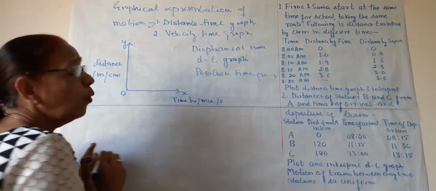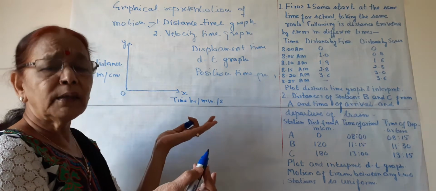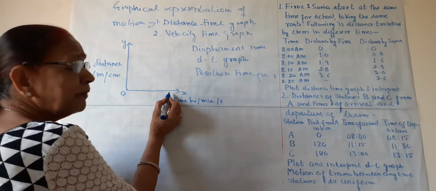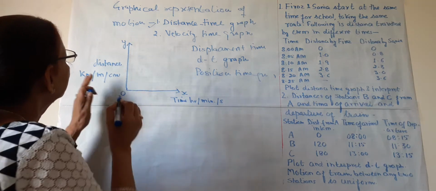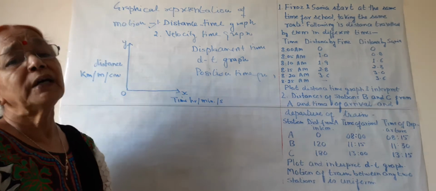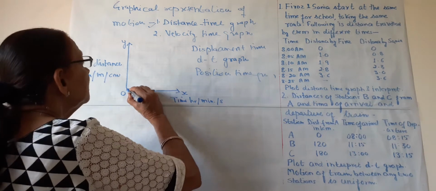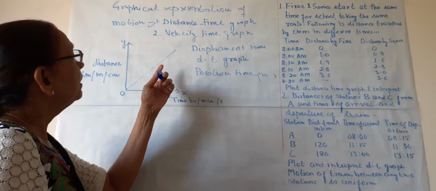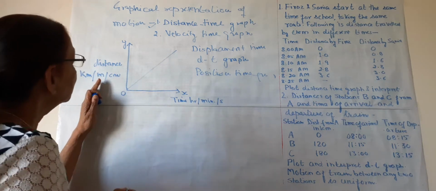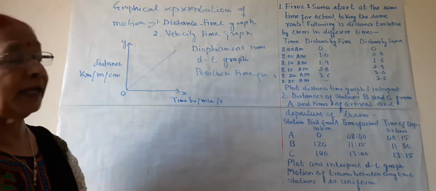This is O or origin, and the quantities may be 0 here or they may have any value. So all the coordinates of time will be written here and all the coordinates for distance will be written here. So these are the two axes of the graph. Now where is the graph line? Suppose this is the graph line. Distance on this axis, time on this axis, and this is the graph line.